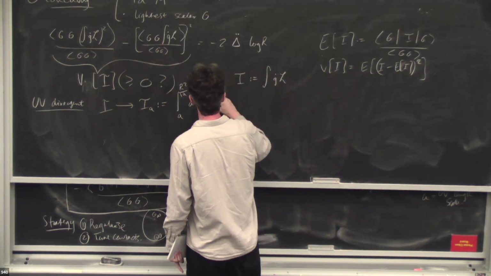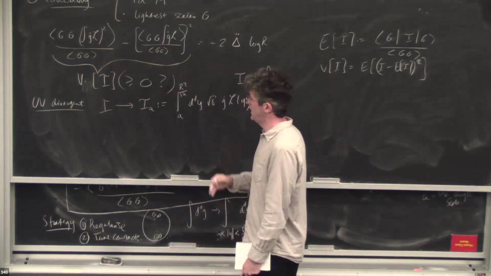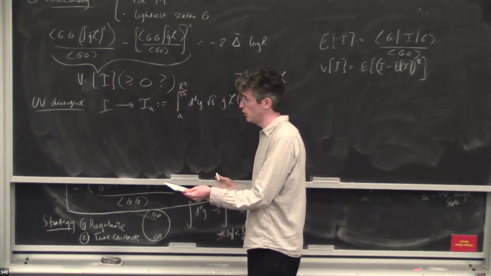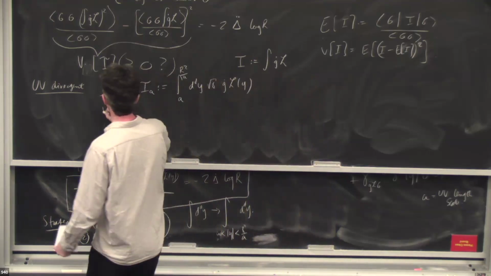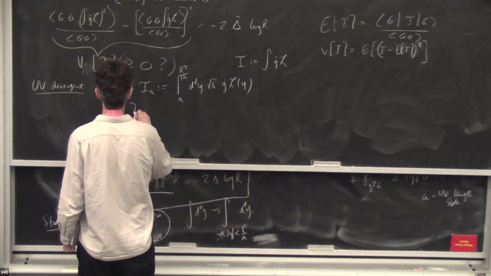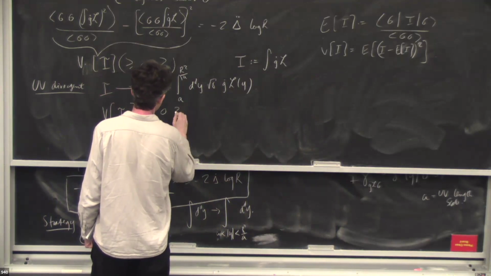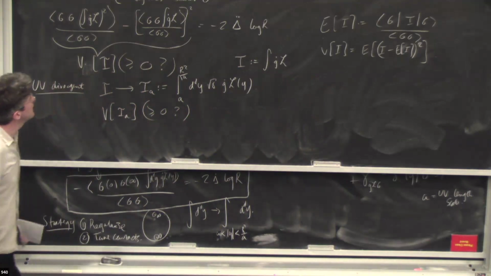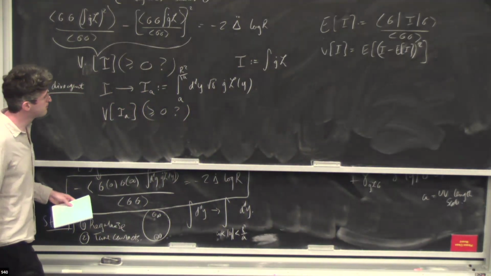Yes, sorry. So I just define this guy, and it looks like I'm good to go for those divergences. So the idea will be to, again, consider the same quantity, just the variance of this regularized guy, and hopefully claim that this is positive, and learn something about the right-hand side. Okay, so we still have to be careful.